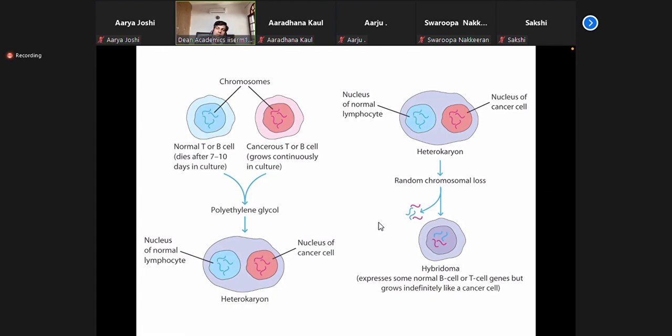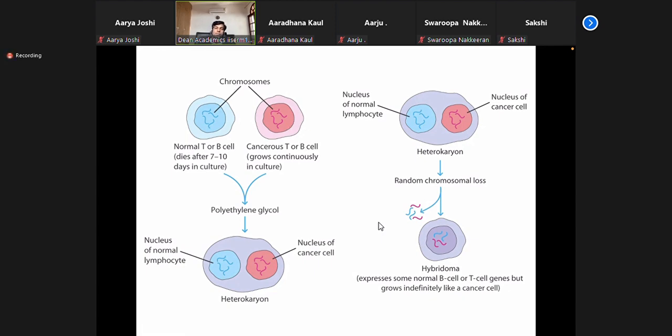We did talk about that you are starting with total splenocytes, so you can actually generate hybridoma for T cells as well. If you generate hybridoma for T cells, the purpose is that you can produce a lot of cytokines. For B cells, the purpose is that you can produce antibodies of defined specificity. So if you make T cell hybridoma, you can make abundant cytokines, which are actually produced